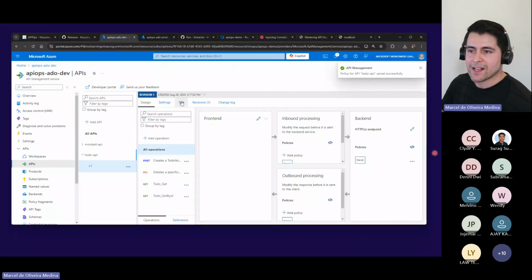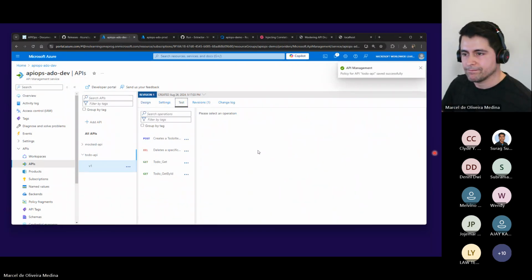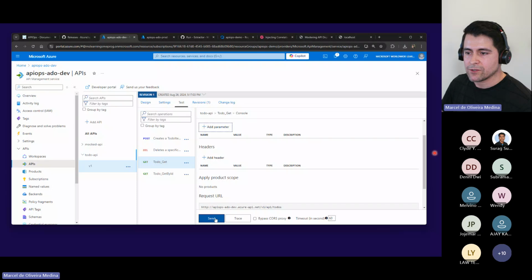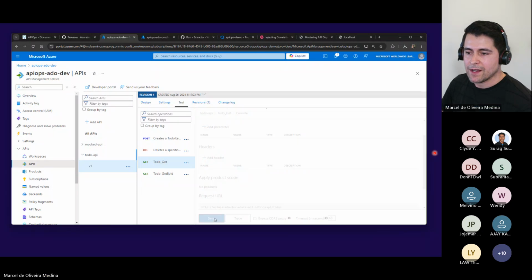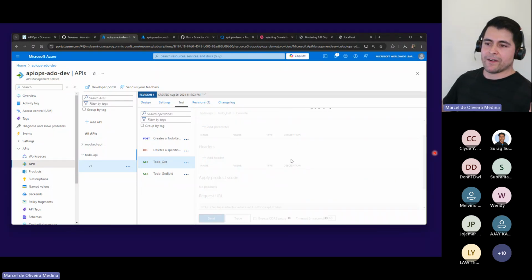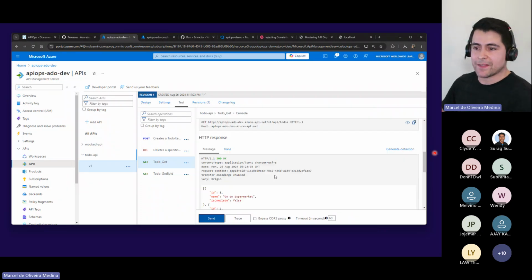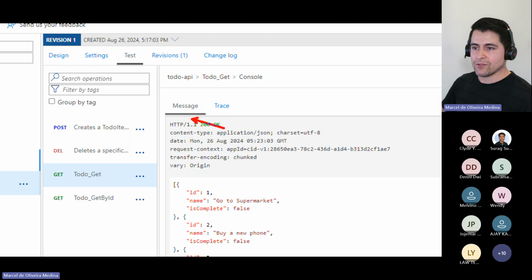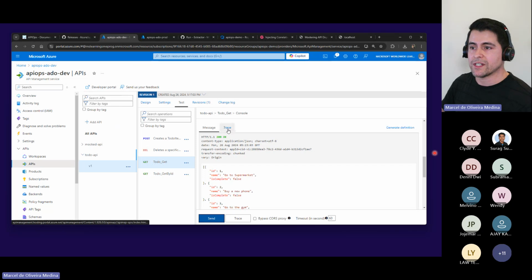If I make the request now, so get that to do. So now, if you remember, if I don't provide it, it's going to create and push that to the backend. And it did that. Okay. So I got this 200 in here, which is pretty cool. So it's doing what it's supposed to do.